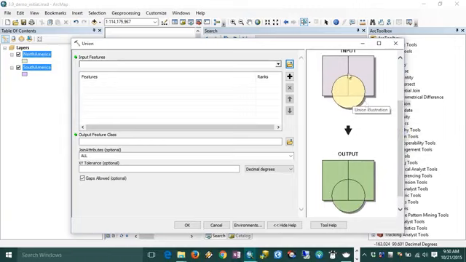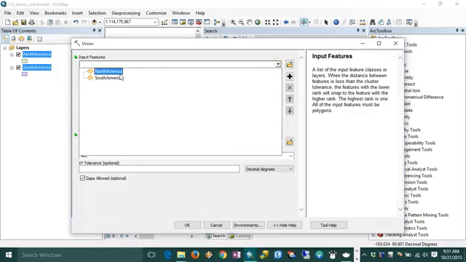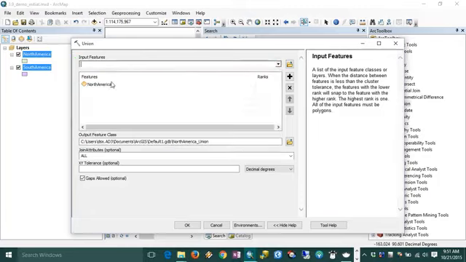We have two overlaid features, and it's going to pop out and manipulate the features so that they come out as distinct features in the final data set. And we can select our input features that we want to union together, either from this drop down here. I can click North America, and my computer will eventually add it to the control. Or I can click on the table of contents over here, and I can drag it into the control, and